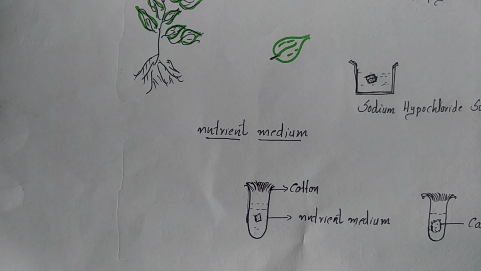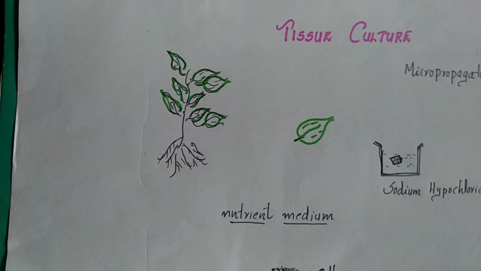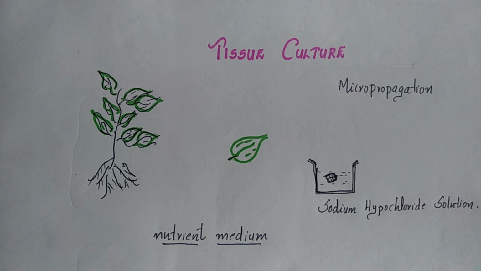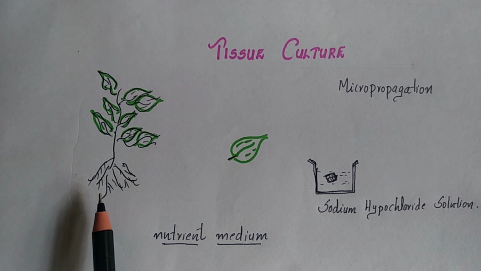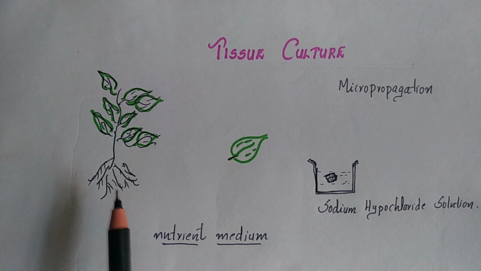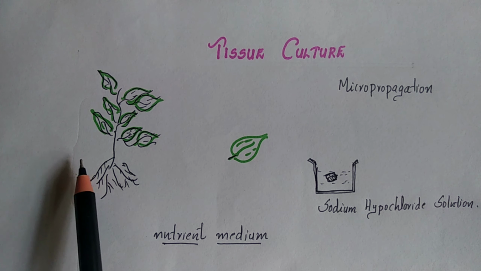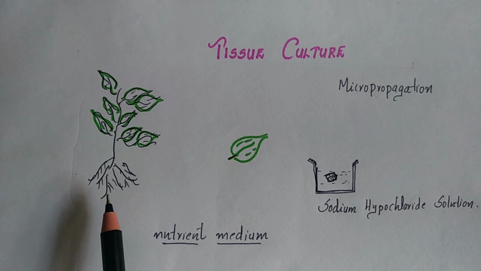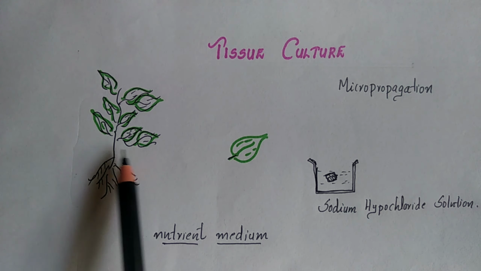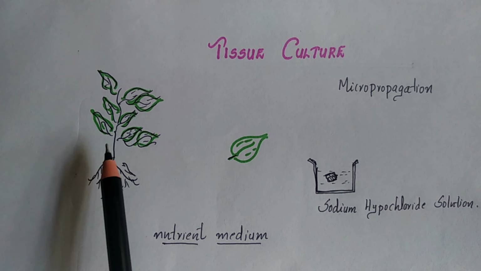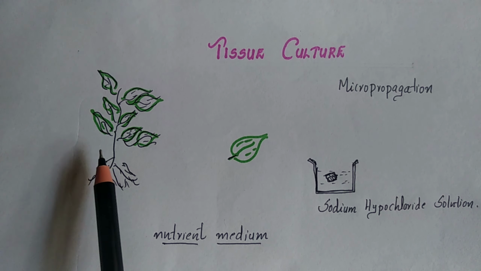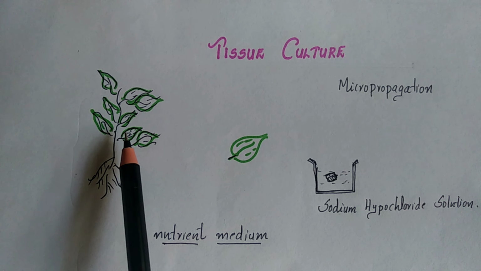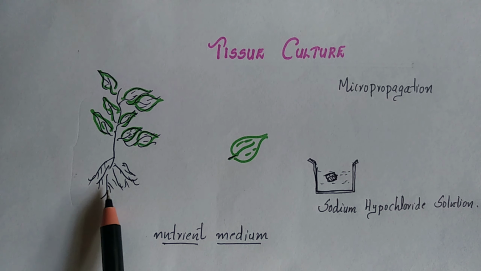Let us see how tissue culture practice is carried out. See here, the first step in tissue culture is the selection of a perfectly developed mature mother plant. So here a plant is shown. What do you mean by healthy mature mother plant? That means the plant must possess an upper shoot portion as well as a very well developed root portion. So what is meant by shoot portion? The part of the plant which is above the soil is called a shoot portion, and below the soil is called a root portion.